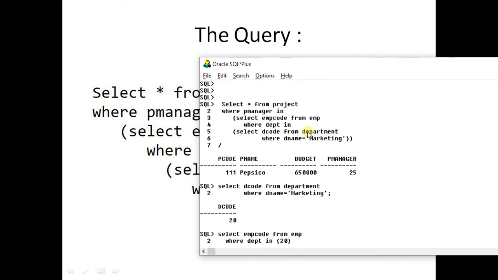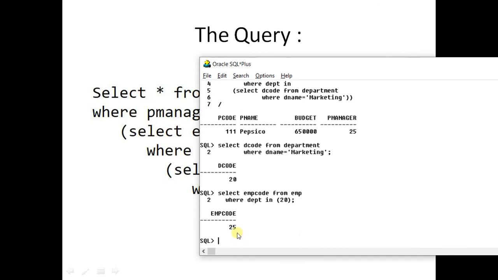Are you getting it? First of all, what has happened? The innermost subquery has returned the code of the department whose name is marketing as 20. Then I have placed 20 in the middle query, this one. Then I execute it. What happens? 25.